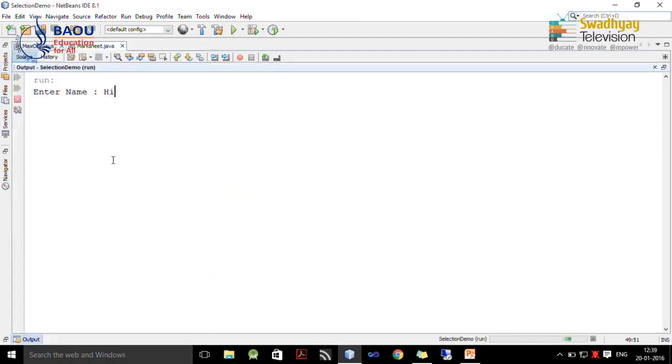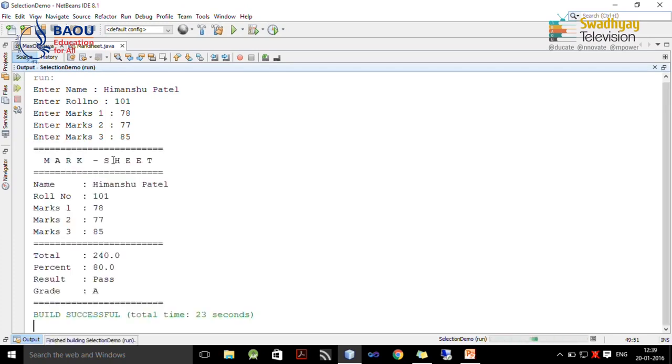So here it is asking name, you can also write down full name there. Here is a roll number, then marks in subject 1 and here are the 3 marks.